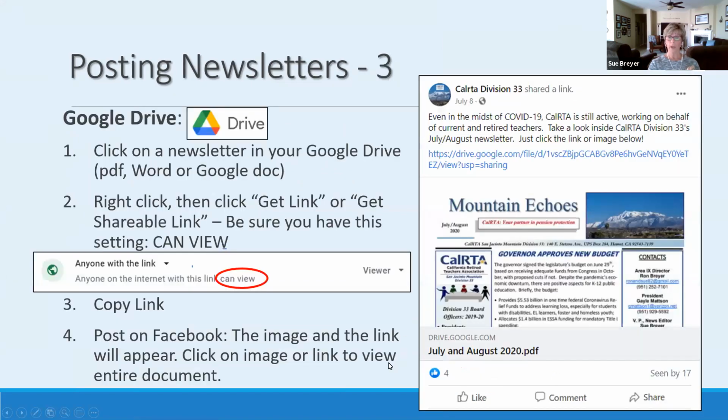Now, the third way is my preference. I use Google. I have a Google Drive. I prefer to do it this way because if you look over at this image on the right, it's much more colorful and enticing to do it this way. Okay, so you go into, if you have a Google Drive and you save your newsletters into your Google Drive,